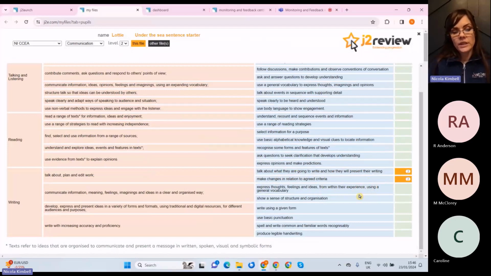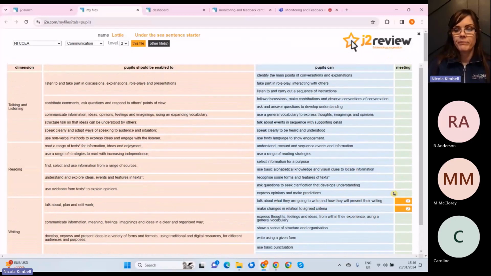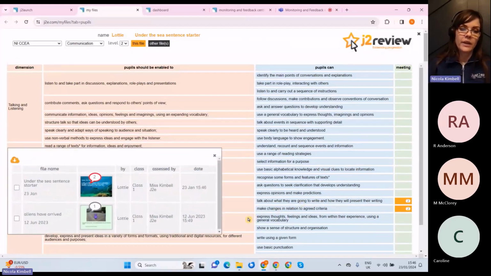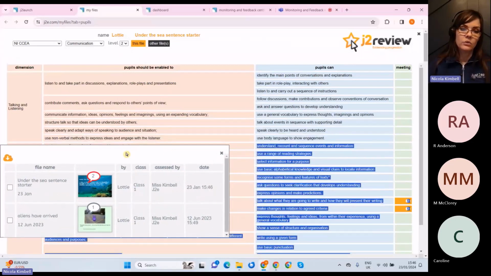Now you'll also notice that there's some numbers here. When I click on that to say that she's met that criteria, there's some numbers. So that tells me how many other pieces of work she has met that criteria with. And I can click on that number, and that's going to show me the other pieces of work. That won't move. So we've got